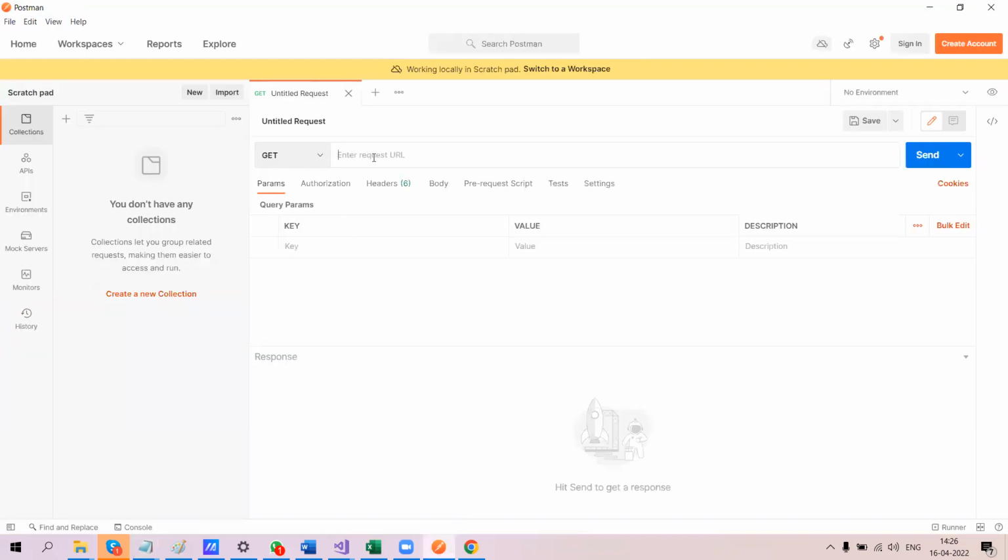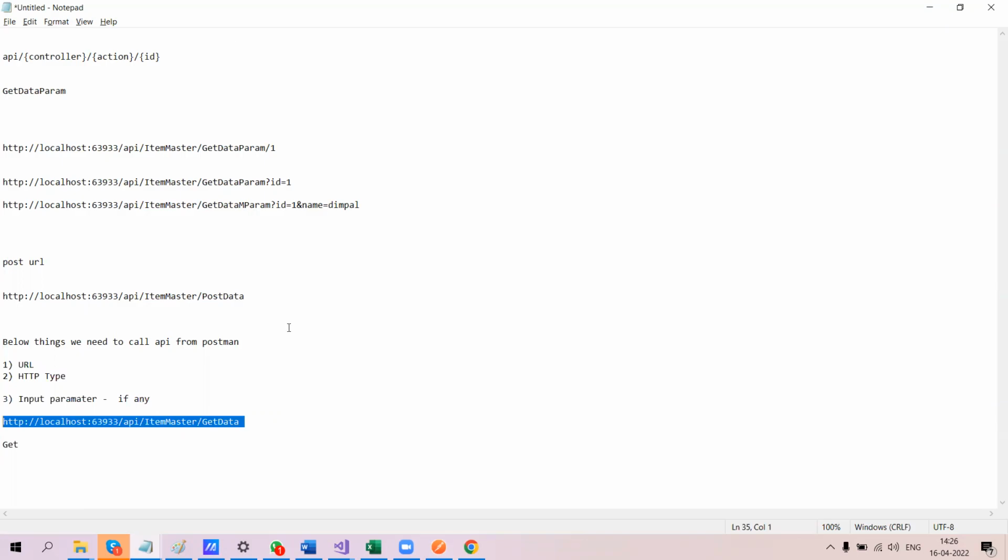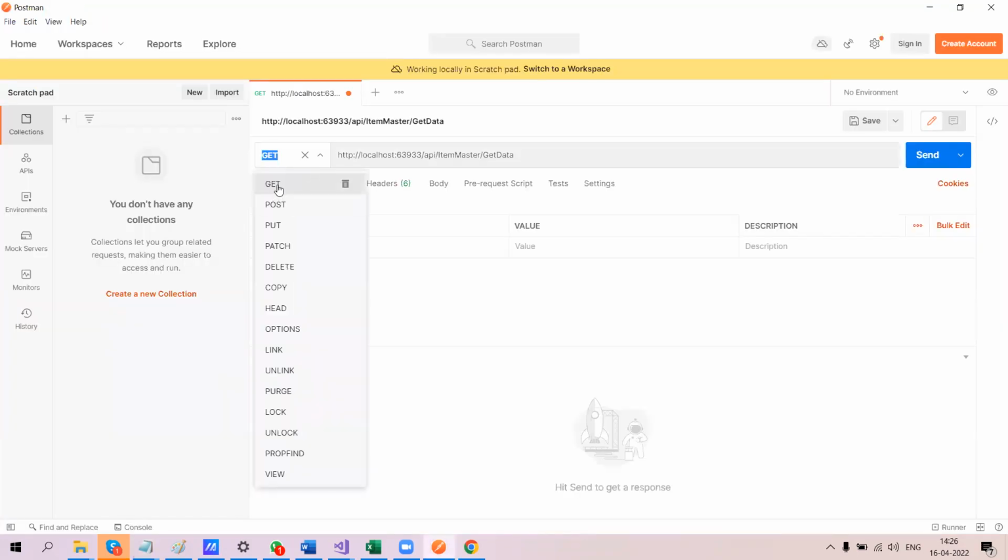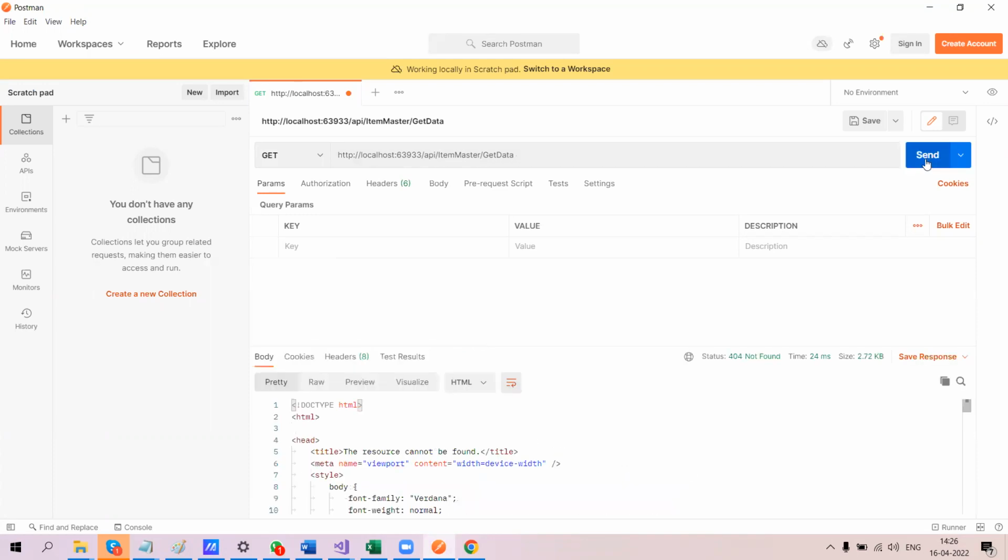So let's come to Postman and put this URL here. Now what is the next step? We have to select the HTTP type. I have selected GET, and then let's try to call the method. We have to click on the send button. Once you click on the send button,